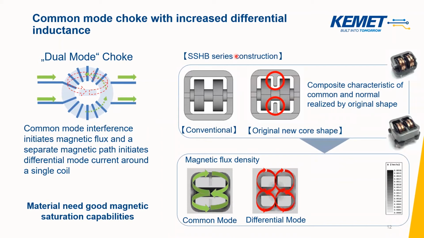This is how a conventional common mode choke typically looks. If we introduce this magnetic nose in between, then essentially we have the outer main core, which is responsible for the removal of your common mode noise, as also shown here. And then on top of that, you have this small magnetic nose, which leads to these four magnetic paths here, which ultimately leads to also a differential mode impedance.